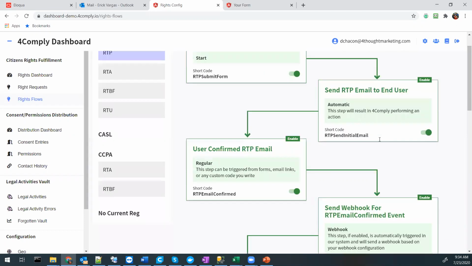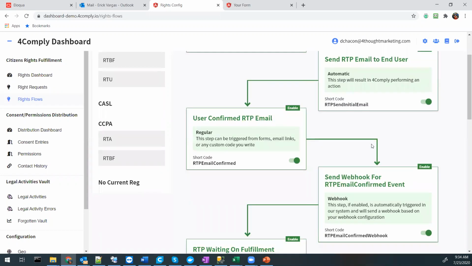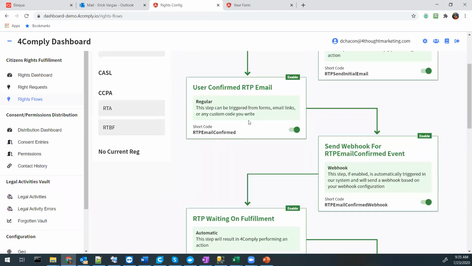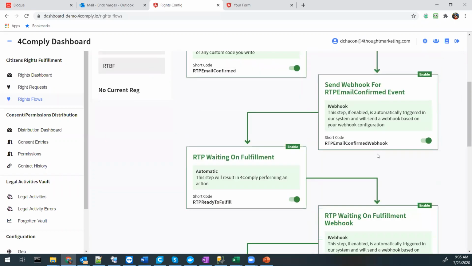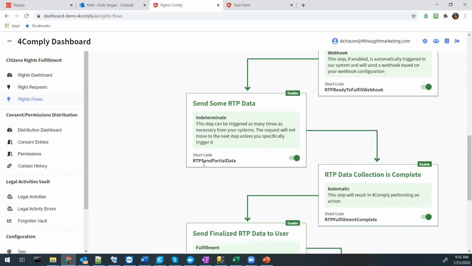There's an email going out to the user for confirmation. Once the user confirms that or clicks on the link in the email, then there is a call to a webhook that will notify, again, whatever systems are subscribed, that this person has requested the right. 4Comply will then be waiting on the fulfillment, making sure that all of the systems respond, and the systems will be sending the data for RTP, in this case, the information they want to send about the person, again,